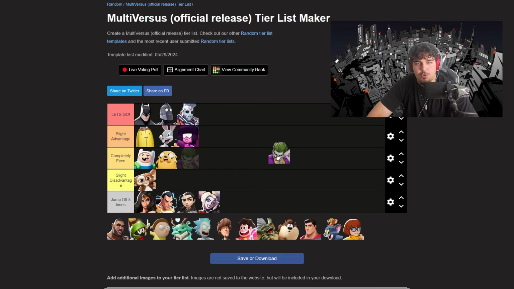Joker is so broken, and it doesn't change against the matchup with Morty. If anything, he becomes even more broken because of his card moves. He's going to throw a card anytime you are going to throw a laser. They intercept each other. Now you're screwed in neutral because all he has to do is jab you one time